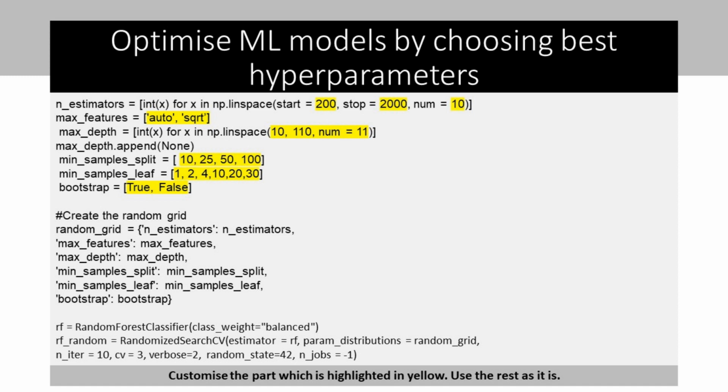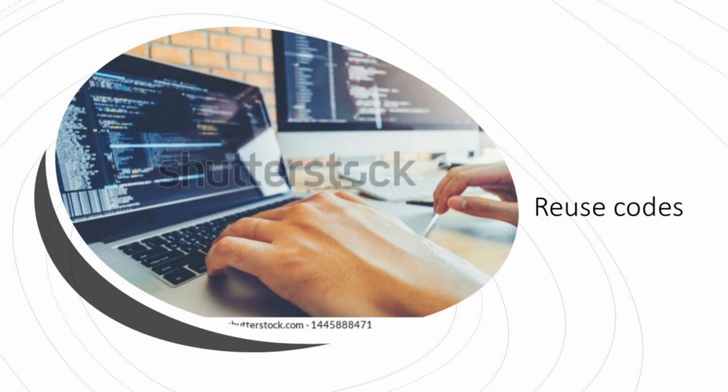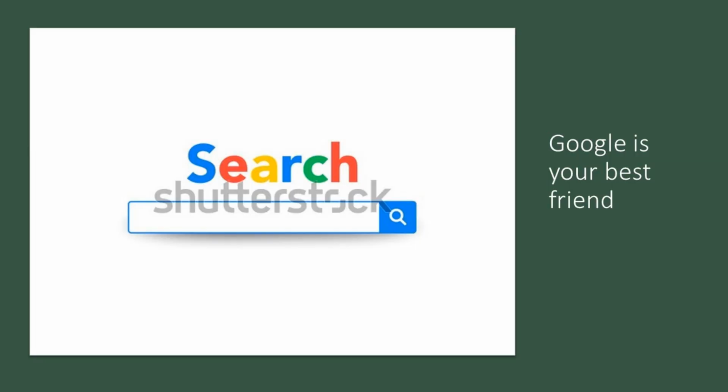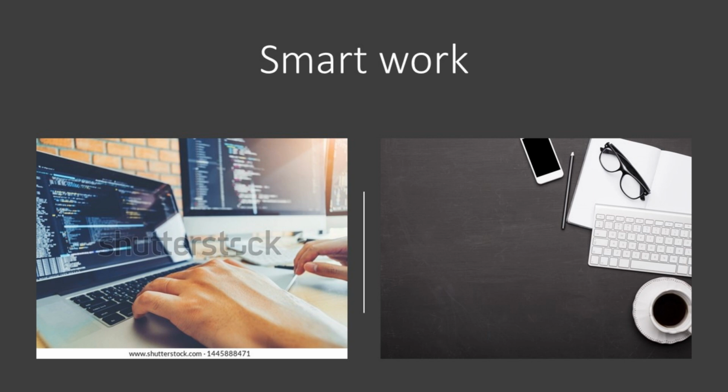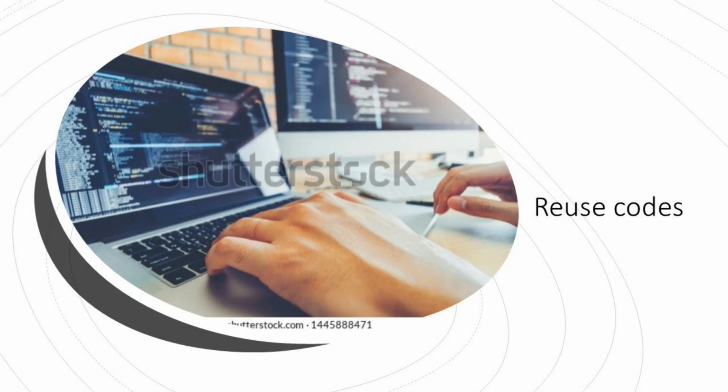See, using the model is the skill which is more important, because you will anyways have a team who will be coding. And even if you are coding, right, I have coded a lot. So I directly copy paste to save my time, because I don't have that much time that I will sit, scratch my head and make code from scratch every single time. No, I don't do that. So you can directly copy paste, and you should just know what to copy paste and how. You just have to customize a little bit here and there, and that's it. Your job is done. Now you have final predictions.